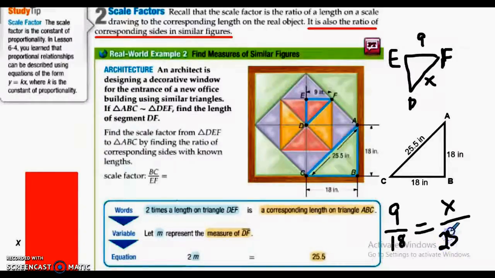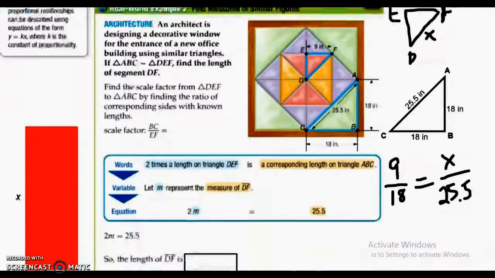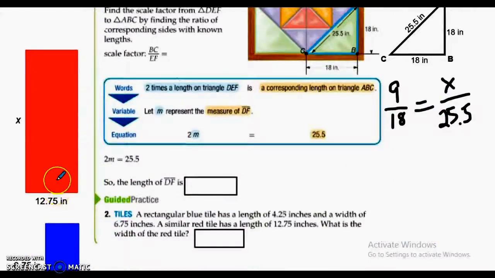Now let's do this one mentally instead of cross multiplying necessarily. But again, I showed my work because I set up a proportion. I showed what was equal, so this is what I would need to see. What proportion is 9 over 18? Well, that's half. 9 is half of 18. So what's half of 25.5? Well, maybe if you don't know off the head, but if you divide by 2, that's the same as taking half. So half of 25.5 is, I believe,